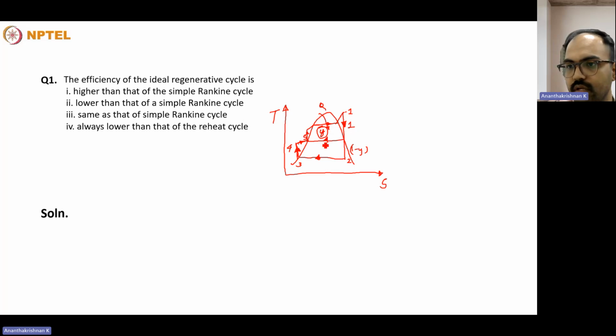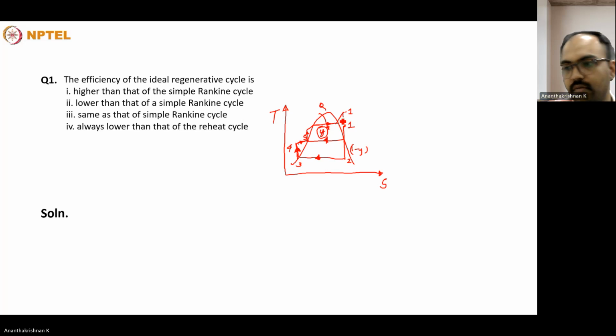So in that process, it would not have made a huge difference. But consider the pump work. Pump work is very negligible compared to the turbine work. So the actual heat input will be severely reduced in this process, because we need not lift it from this particular point to this particular point, only from here to here. So in that place, the total heat input will be reduced, but the total work will be slightly reduced, because